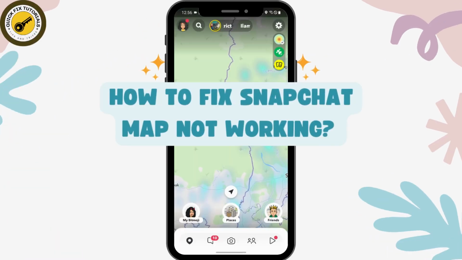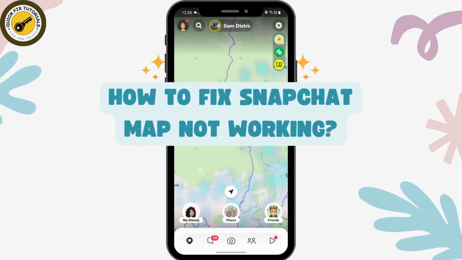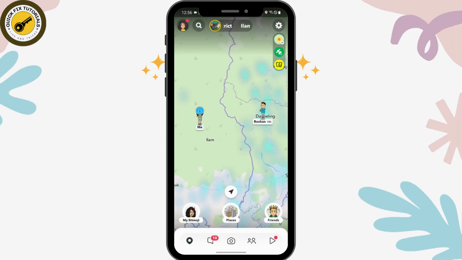How to fix Snapchat map not working. So if the map of your Snapchat is not working and you want to fix that, then watch this video